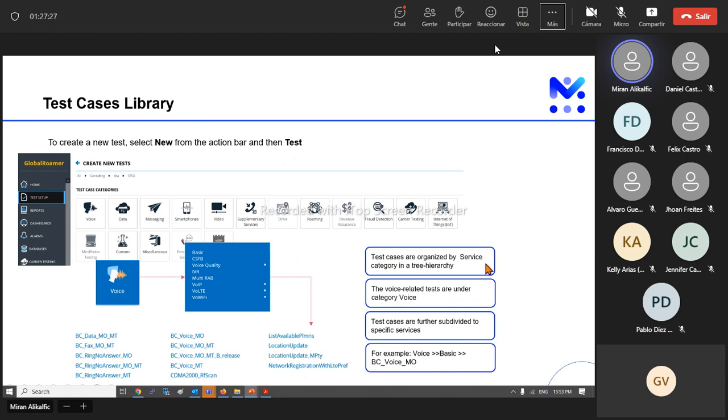Anyways, test cases are organized by service category in a tree hierarchy. Voice related tests are under voice, data under data, and so on. Test cases are further subcategorized to specific services, as you see here. So it's basic for basic calls, CSFB for fallback. Voice quality will contain special algorithms for calculating voice quality. So these are also, again, special cases. Then VoIP, voice over LTE, voice over Wi-Fi, voice recognition test cases for whatever reason you might need them also. So there are many use cases that can meet all your